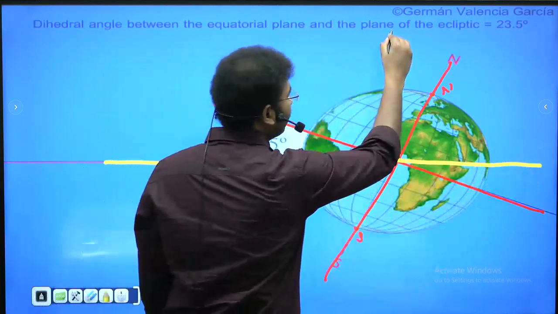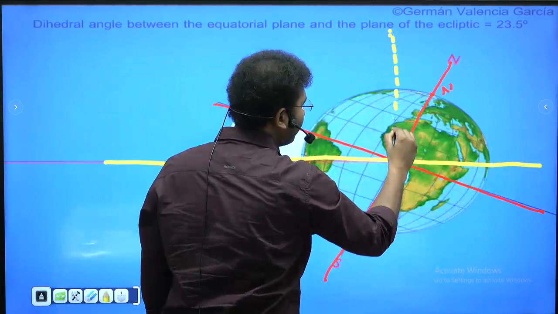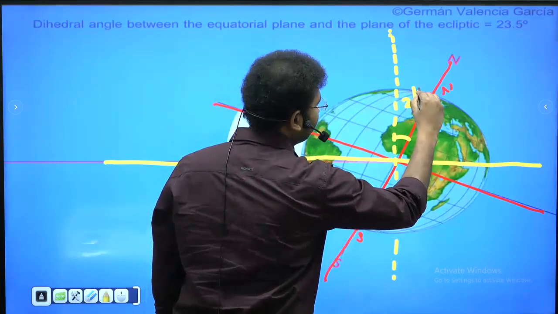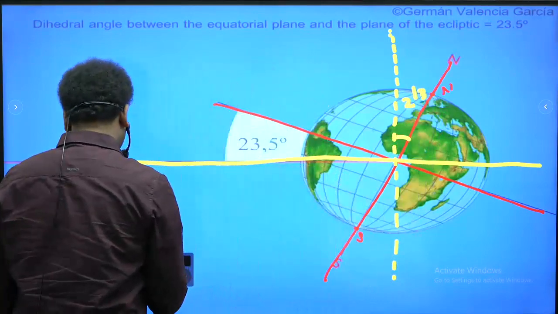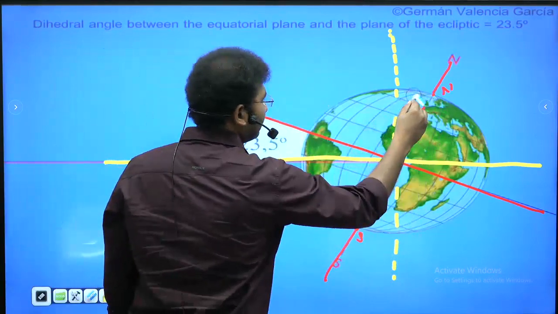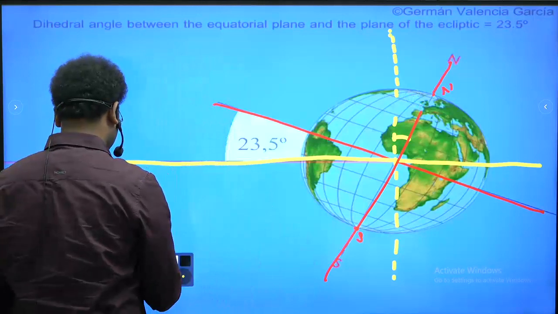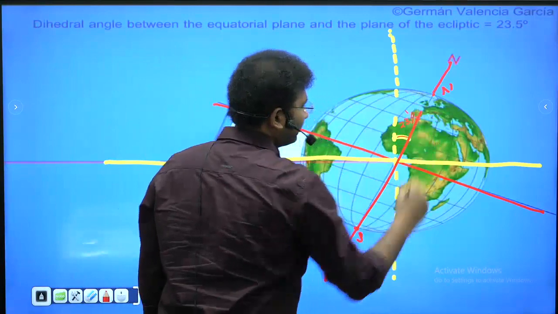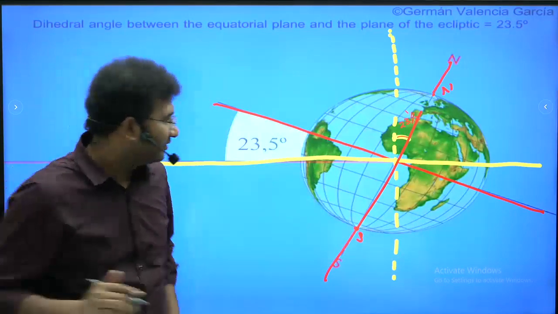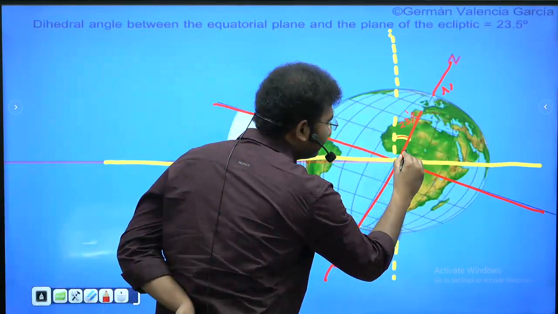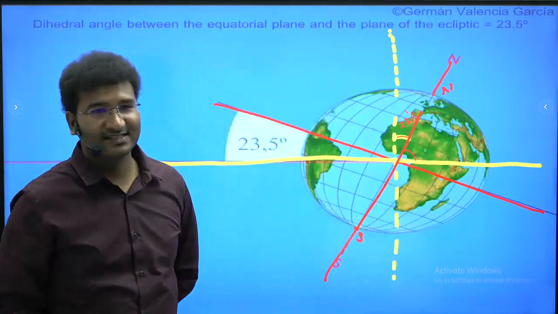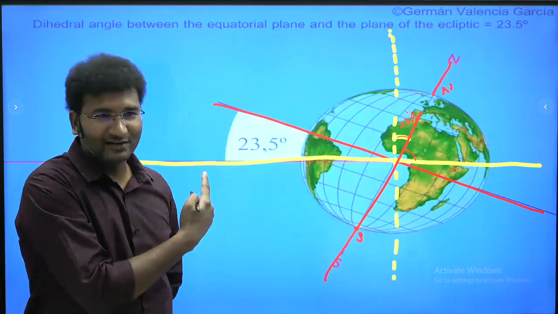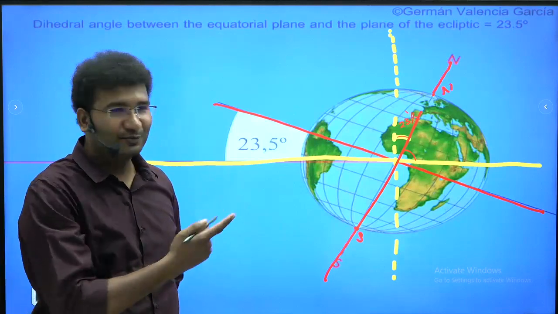Now from here, what I am doing? I am drawing a perpendicular line. Now this angle is 23.5 degrees, right? This angle is 23.5. Clear? That means what is this angle? 66.5 degrees, right? So examiners always try to confuse you here, and they'll ask you, Earth